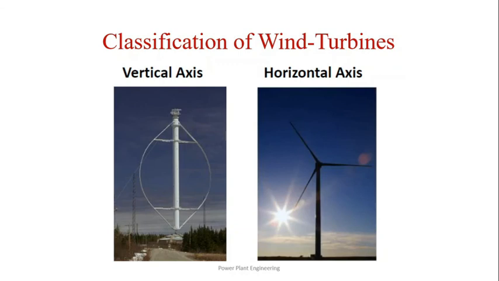Let us see the classification of wind turbines. Wind turbines are classified into two general types, horizontal axis and vertical axis. A horizontal axis machine has its blades rotating on an axis parallel to the ground as shown in the figure. A vertical axis machine has its blades rotating on an axis perpendicular to the ground. There are a number of available designs for both, and each type has its certain merits and demerits. However, compared with the horizontal axis type, very few vertical axis machines are available commercially.